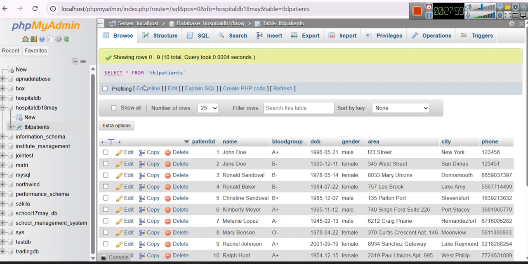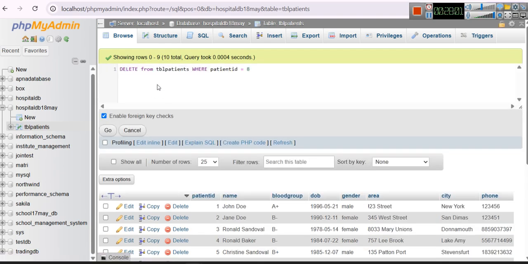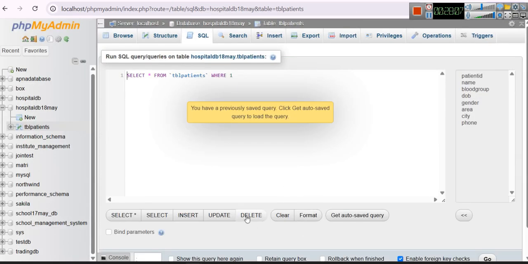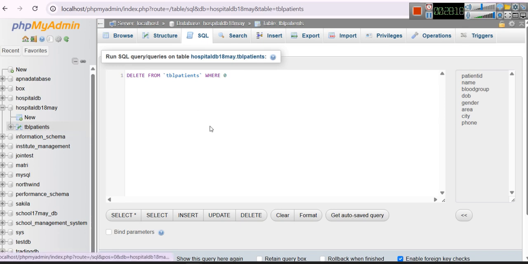So here we are going to write delete from table patient, and anytime if you forget, you can go to SQL and you can see delete. When you see it, it is saying delete from table patient where. Okay. So it is just giving you a syntax, but in actual what we have written is delete from table patient